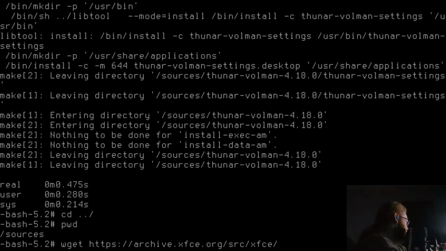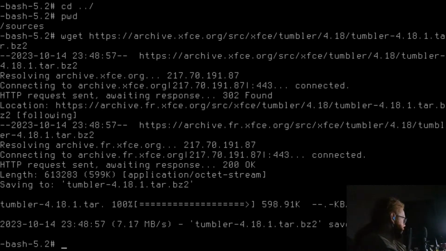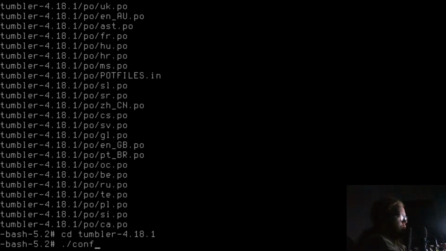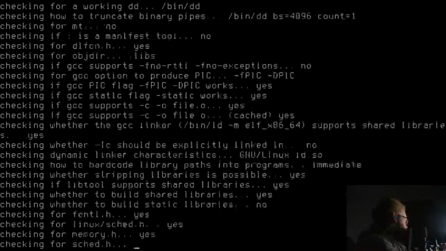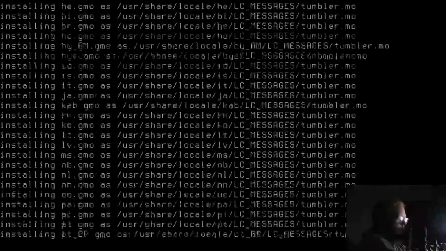This is why I'm not doing what you've mentioned, Ben, because it's absolutely bloody murder and I'm crying. tar -xvf tumbler, cd tumbler, ./configure, breathing too hard, very dizzy, --prefix=/usr --sysconfdir=/etc and time make -j30. Okay, then time make install. Come on.